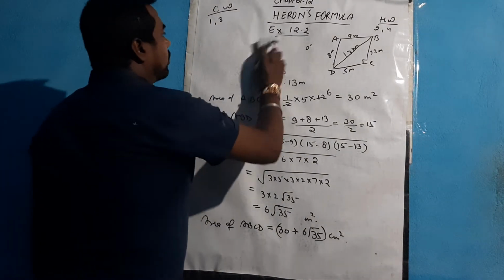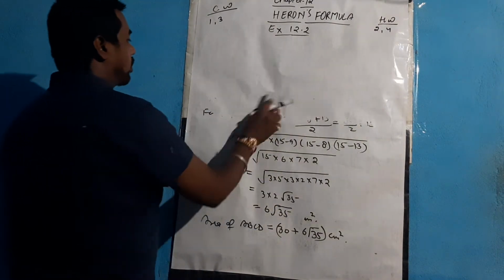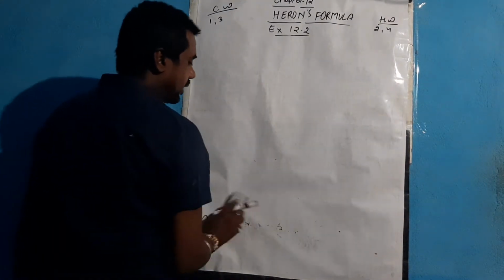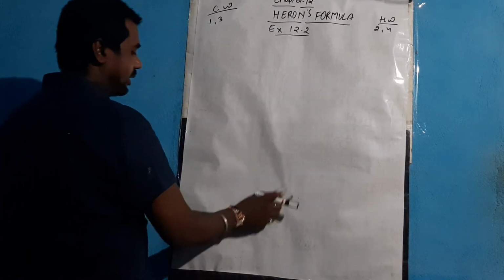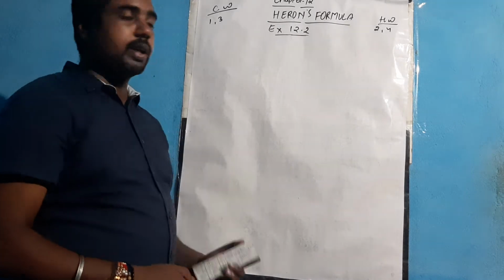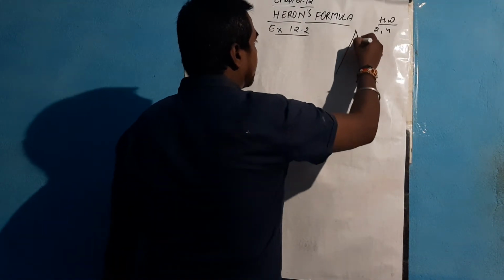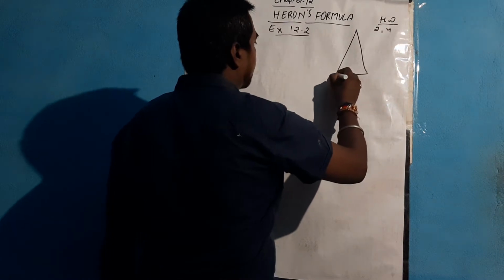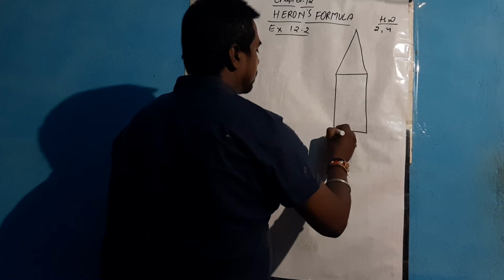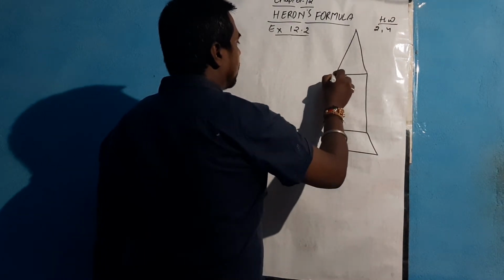So now we'll go for question number 3, which is in the shape of a rocket. Just try to understand the figure clearly, as we'll find the area of all its parts one by one, and then we will add. The figure is given in somewhat this form. I'm trying to draw a rough figure of it. So this is the form of your figure.